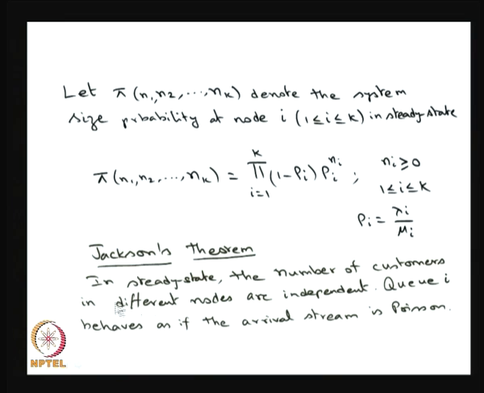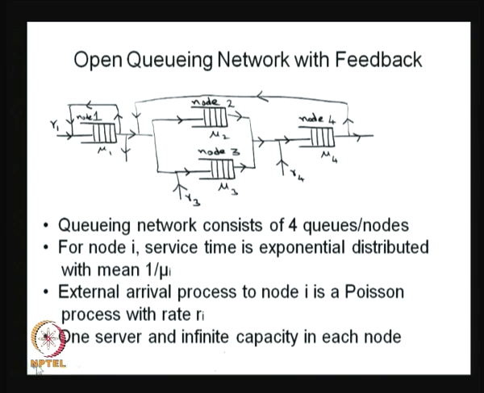The number of customers in different nodes are independent. That means the behavior of the queuing system consists of the behavior of many independent nodes. The Qi behaves as if the arrival stream is Poisson. So not only does each node behave independently, as if the arrival is going to be a Poisson for each node. Therefore, this point is a Poisson, whereas this point is not a Poisson arrival process, but still in steady